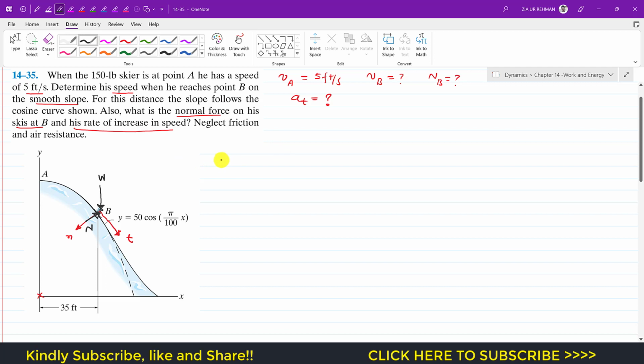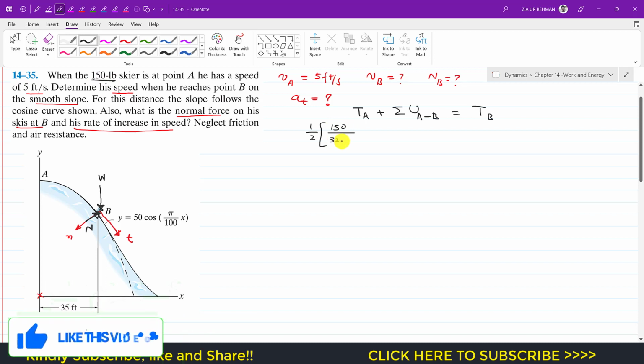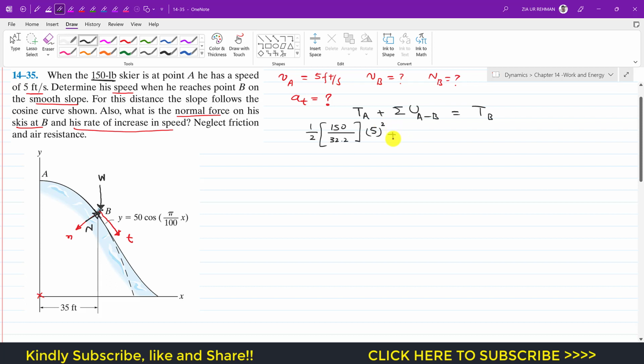Now to find the velocity at point B, we need to apply the work energy principle from A to B. According to the work energy principle, the kinetic energy at point A plus the summation of the work done due to the external forces from A to B will be equal to the kinetic energy at point B. So the kinetic energy at point A will be 1 divided by 2 mass. The weight is 150, so mass is 150 divided by 32.2, into VA square. So VA is 5, plus,